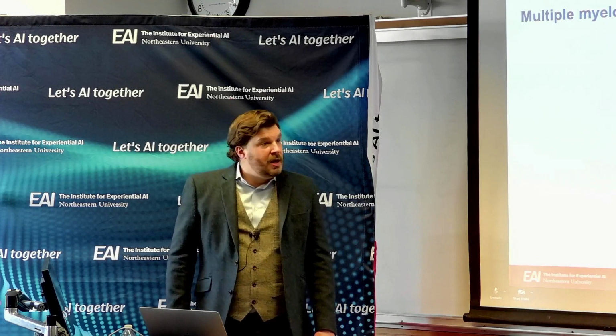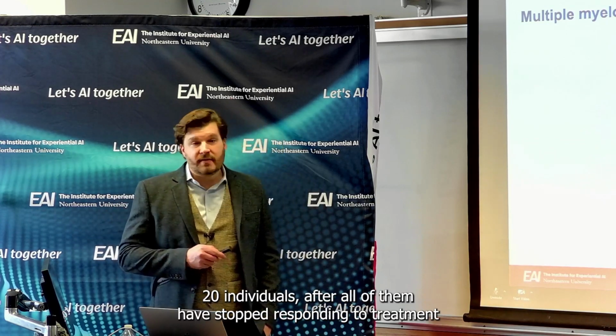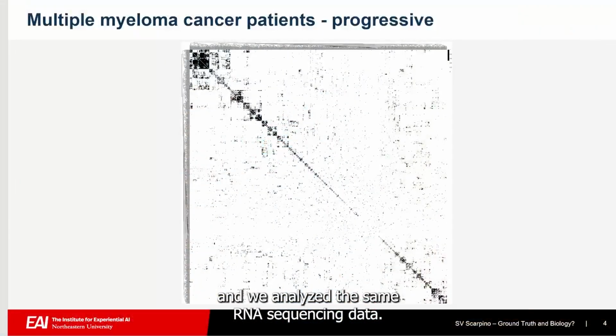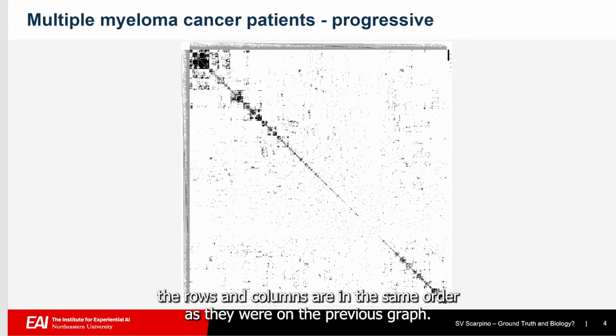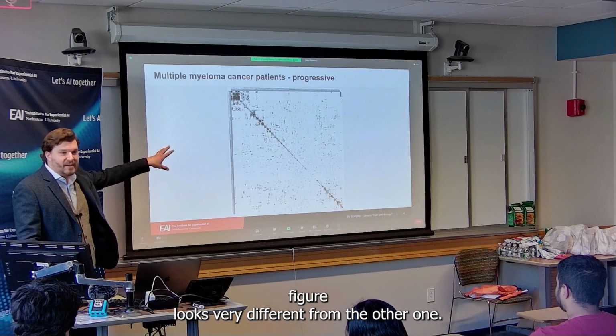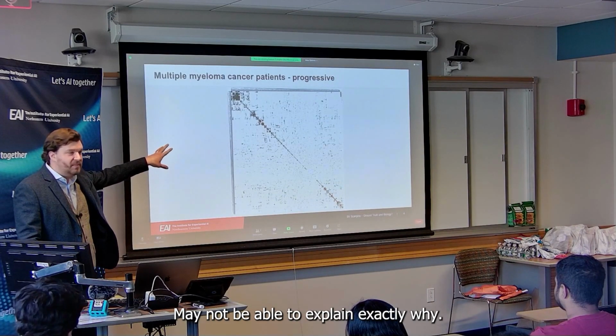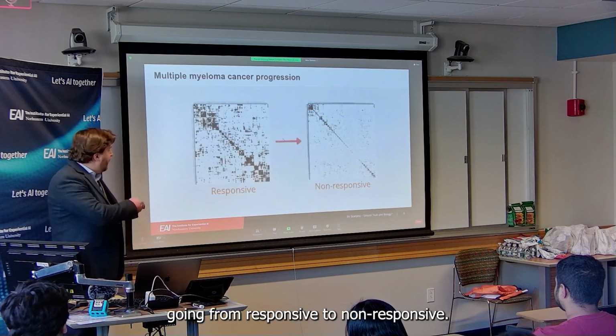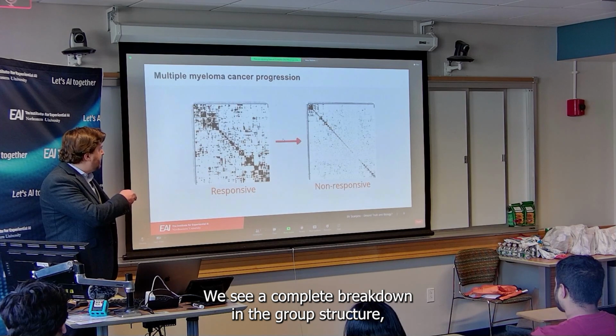However, if we look at these same 20 individuals after all of them have stopped responding to treatment, and we analyze the same RNA sequencing data, looking at gene expression, the rows and columns are in the same order as they were on the previous graph. It's the same individuals. They've just now stopped responding to treatment. What you can notice is that this figure looks very different from the other one. I may not be able to explain exactly why, but I can tell you what has happened here, which is that going from responsive to non-responsive, we see a complete breakdown